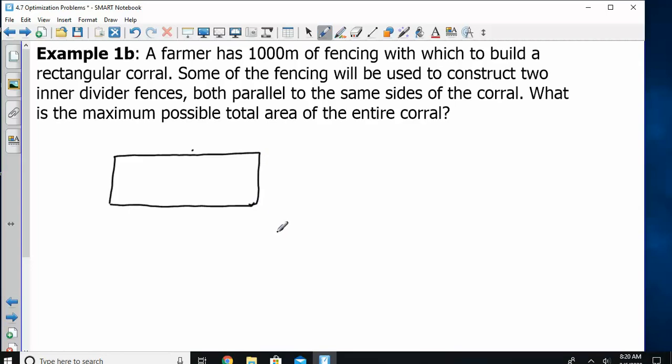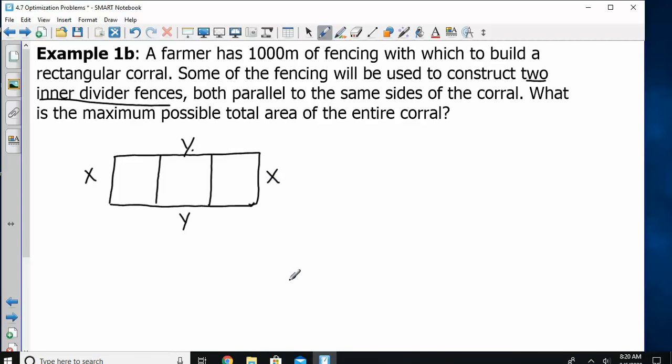Some of the fencing will be used to construct 2 inner divider fences, both parallel to the same sides of the corral. What does that mean? We're just partitioning this off. Okay, they're parallel to each other. What is the maximum total area of the entire thing? So if I start off calling my sides X and Y,